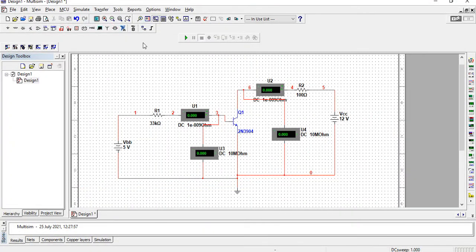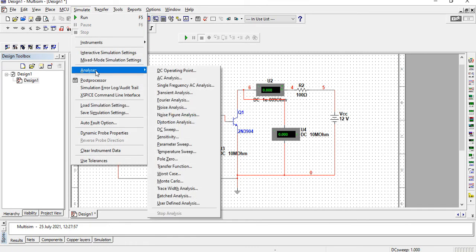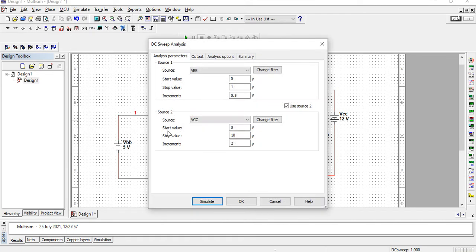Okay, how am I going to observe your output curve, right? For that, what do you have to do? Again you go into analysis, DC sweep, because DC behavior is the one I am observing. Okay, let's observe it from a lower value, let's say from -5, and I'm going to change it to VCC because this is the one I'm going to plot on my x-axis, right? For the secondary source I am going to use VBB, okay? And here I just want to take it to, let's say, 5, decrease it to 3 or 2, let's say. Okay, and